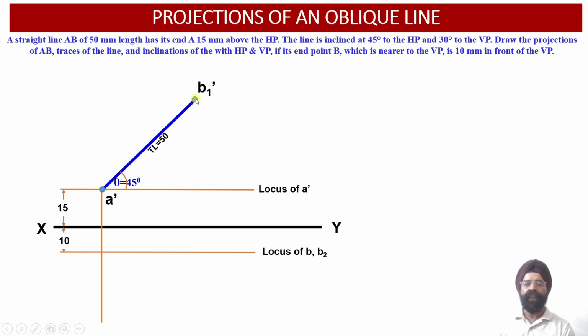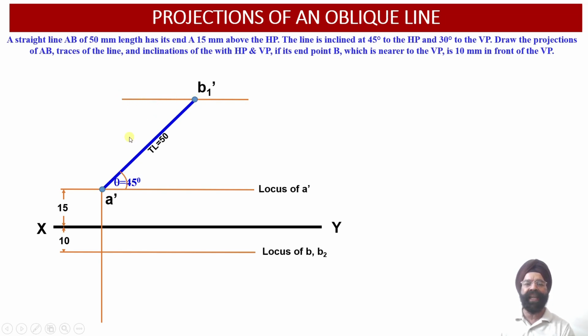And the moment we obtain this point B1 dash, we are going to draw one horizontal projector line through this point B1 dash, because we know that onto the left side of this horizontal projector line, the front view elevation projection point B dash is going to lie somewhere here. Why will point B dash be lying towards the left side?